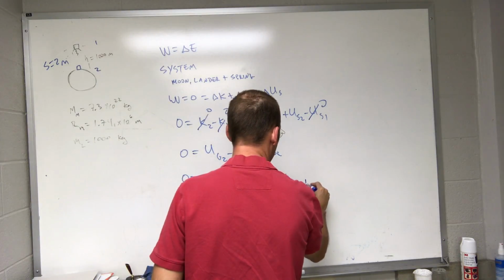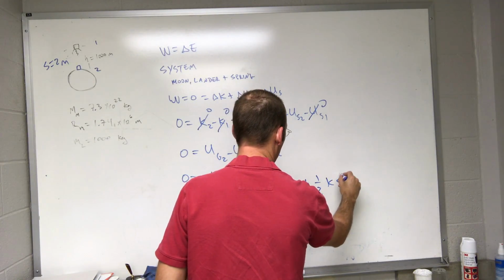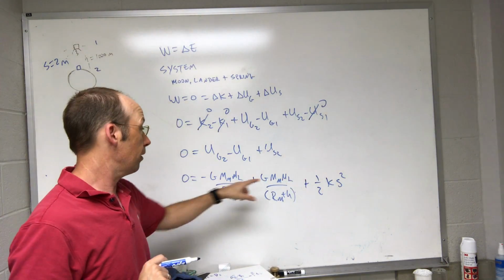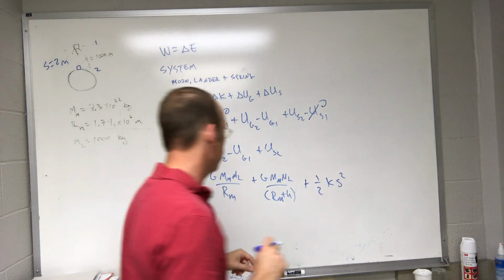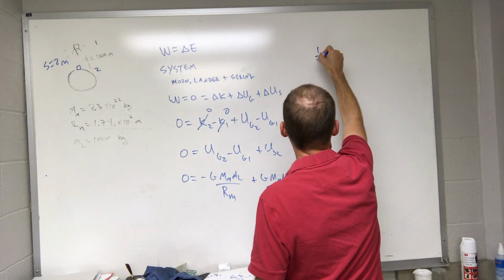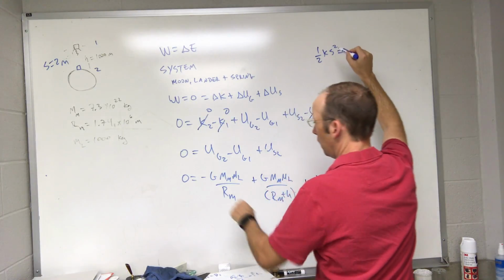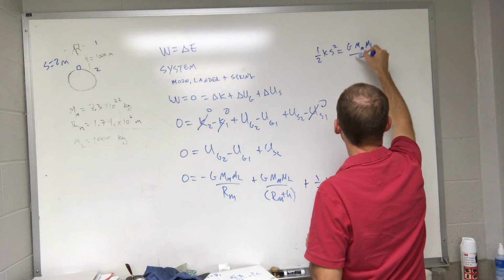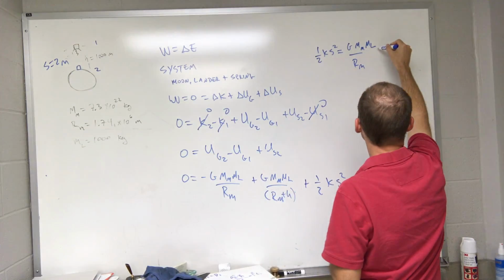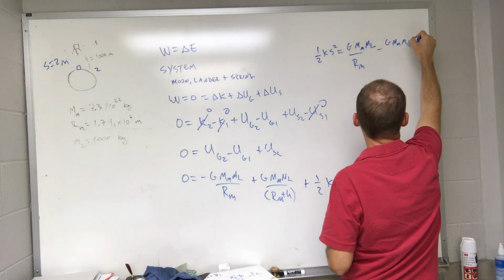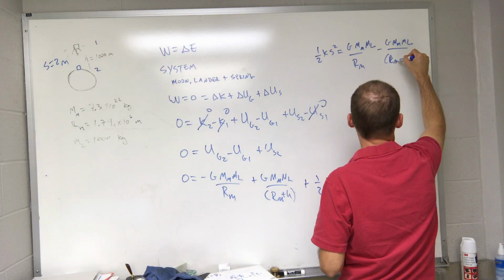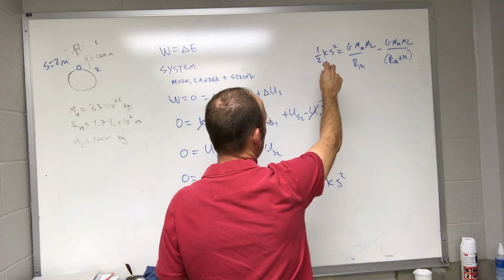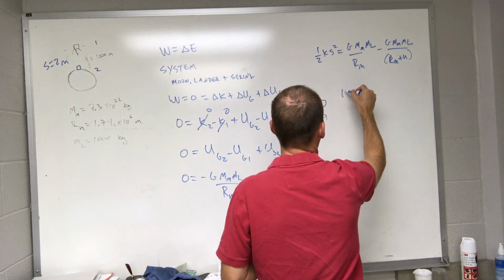And then the final spring potential energy is going to be 1/2 k s squared, where s is going to be equal to 2 meters. So I know everything in this equation except for k, so I can solve for k. Let's put that up here. I'll put 1/2 k s squared equals, moving that to the other side, G m ml over r moon minus G ml over r moon plus h, and then I can multiply both sides by 2 divided by s squared, and I get k